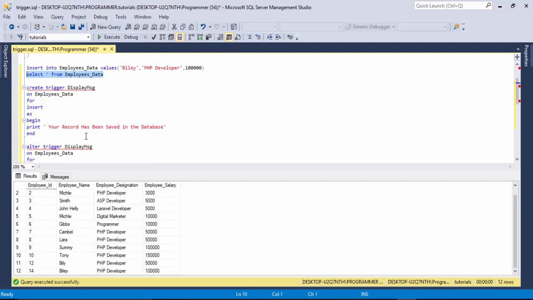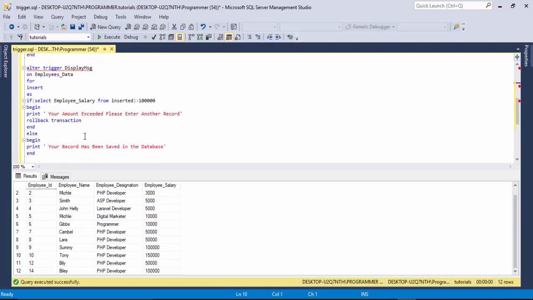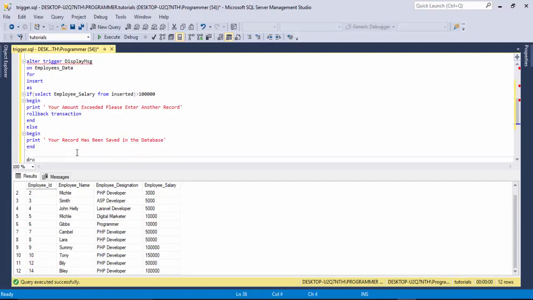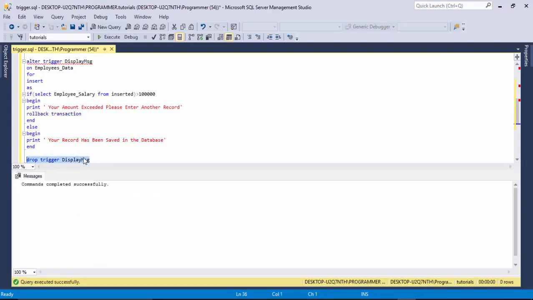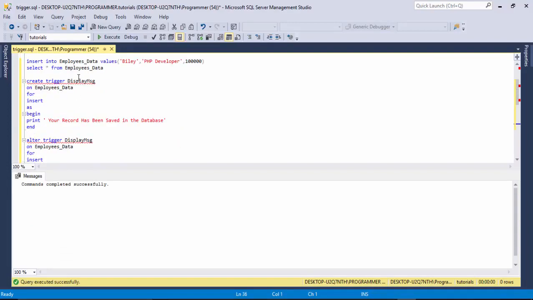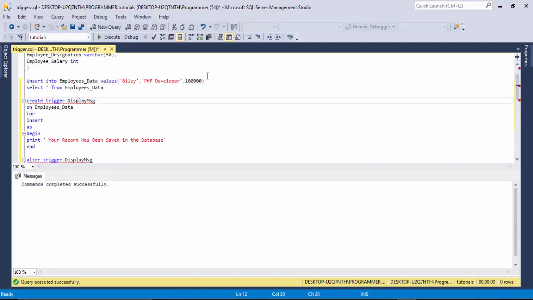Okay, now another thing, for example, I want to drop the trigger, I want to delete the trigger. How can I do that? Just write the drop keyword, trigger, and enter the trigger name, or write the trigger name display message. Okay, and I want to remove it, I want to store a value below my card. I can't see any message on the screen, so I use the insert query and execute. Okay, now we can't